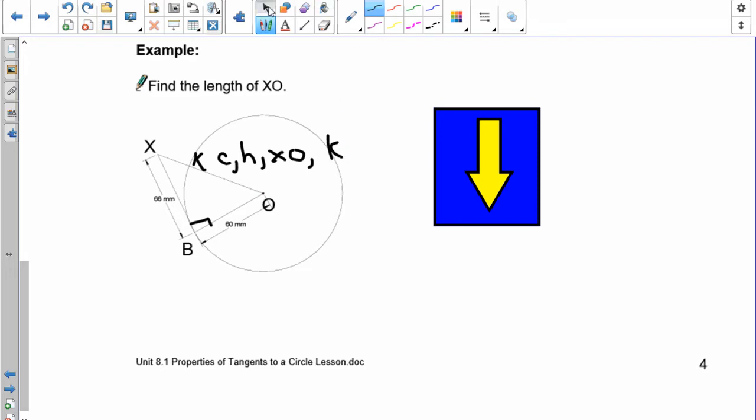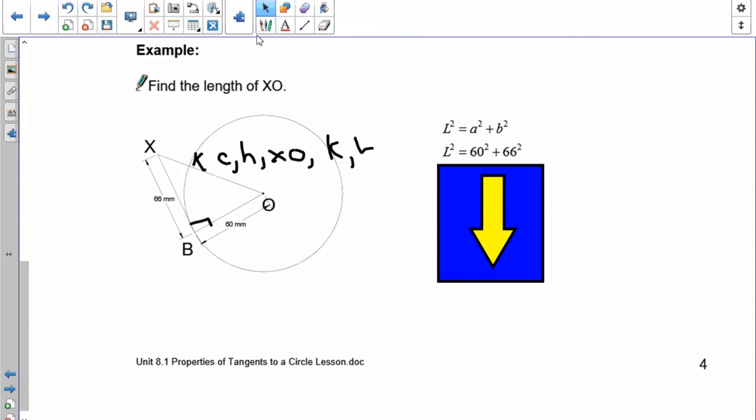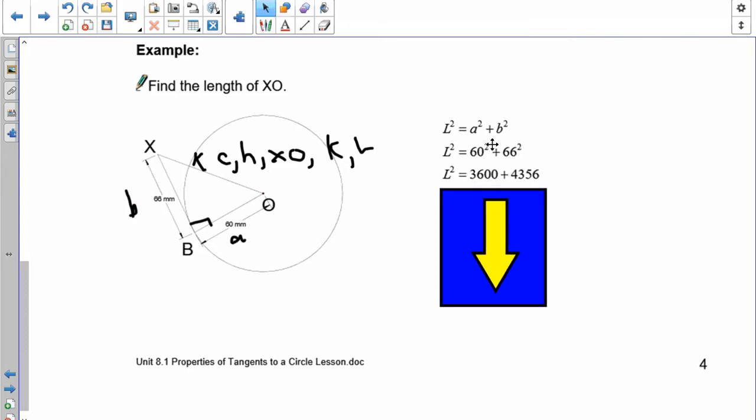Either way, you set up your formula, and you'll have L squared is equal to a squared plus b squared. Previous to my last question, I said what it's called the length, so I'm going to use the L here. So length squared is equal to this squared plus that squared. So a is 60. Down here, this is my a, and this is my b, 66. So 60 squared plus 66 squared. Well, 60 squared is 3,600. 66 squared is 4,356. You add them together, you get